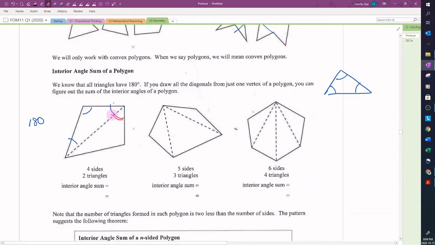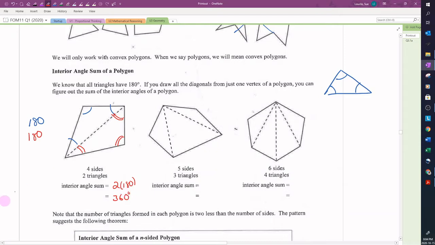And we can look at this other triangle, and its three angles have a total of 180 degrees. So for our four-sided polygon with two triangles, the interior angle sum is 2 times 180, which is